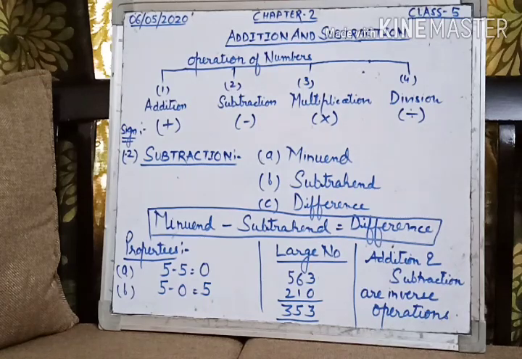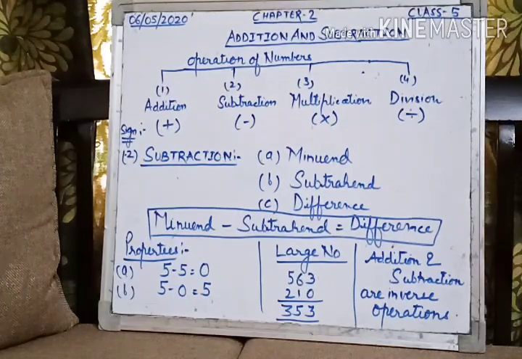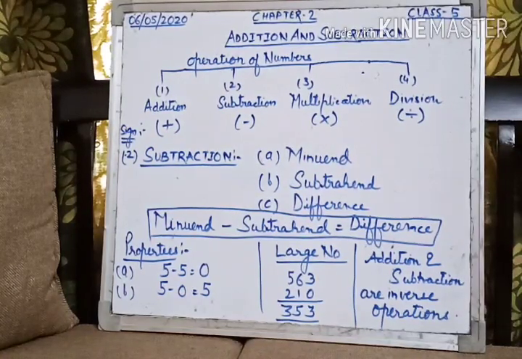Okay, now we will talk about another operation, that is subtraction. For subtraction, which sign are we using? That is the minus sign. You are looking at the board. This is the sign we use for subtraction. Now we have two numbers to subtract. In addition, both the numbers were called addends. But in subtraction, there is a little difference between the terms. The two numbers are, the first number is minuend and the other number is subtrahend.